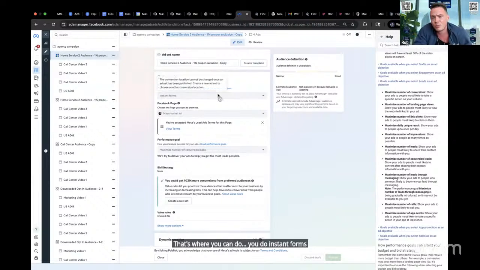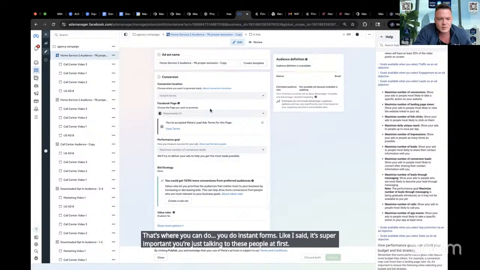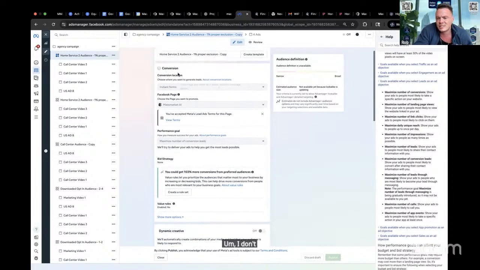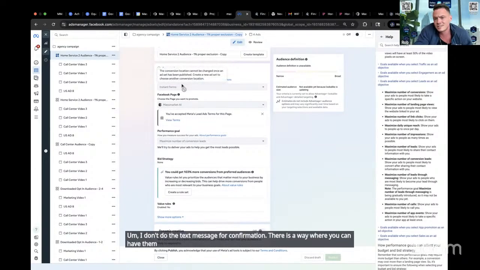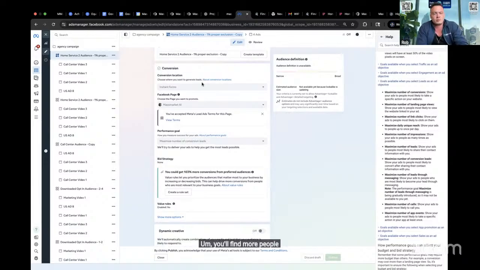Like I said, it's super important. You're just talking to these people at first. I don't do the text message for confirmation. There is a way where you can have them required to send a text before they're able to opt in. You'll find more people just bounce off the page that would have submitted and they had the right number